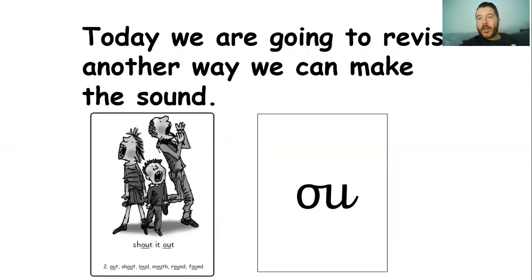Today, however, we're going to revise another way we can make this sound. So this is ow with an O-U, isn't it? O-U, ow. And the phrase that goes with it is shout it out. So I'm going to sound out the words and you're going to sound them out back to me and then blend the word. So out,